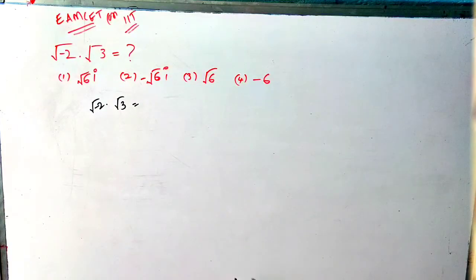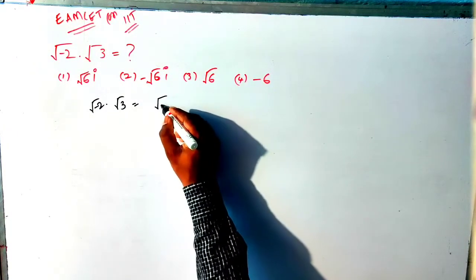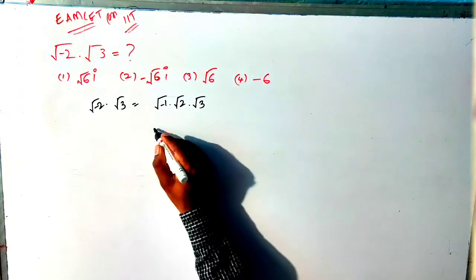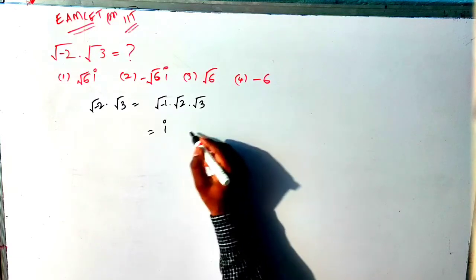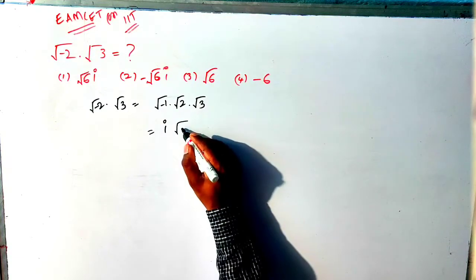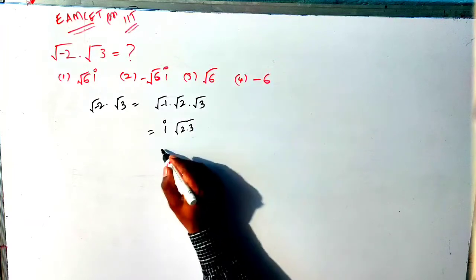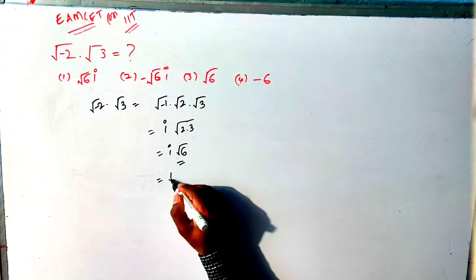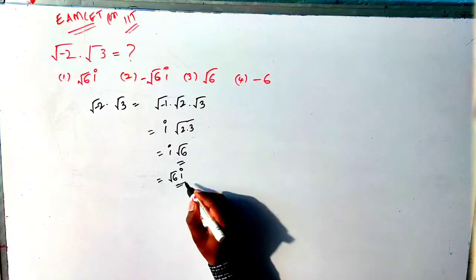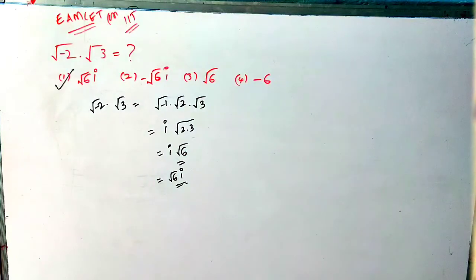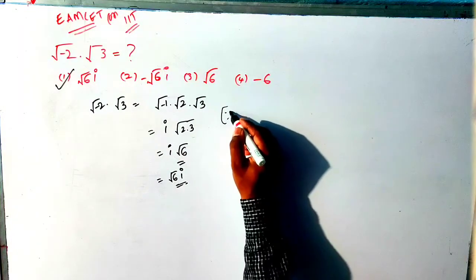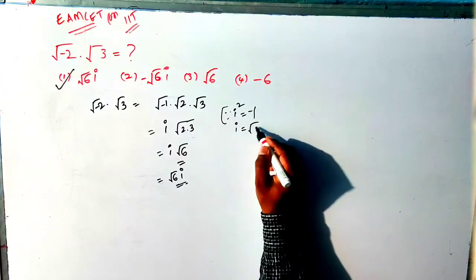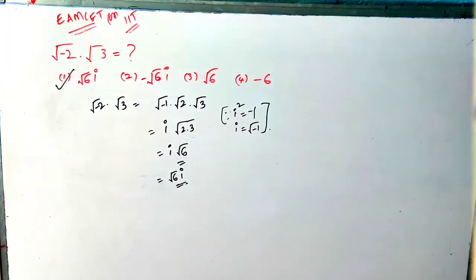Okay, now square root of minus 2 can be written as square root of minus 1 into square root of 2. So square root of 3 as it is. So square root of minus 1 is nothing but i. Root a into root b, we write here root ab. So i root 6 we get here. i root 6 can be written as root 6 into i. So it belongs to the first option, so first option is the right answer. So we know that i square value is minus 1, then i equals square root of minus 1. Okay.